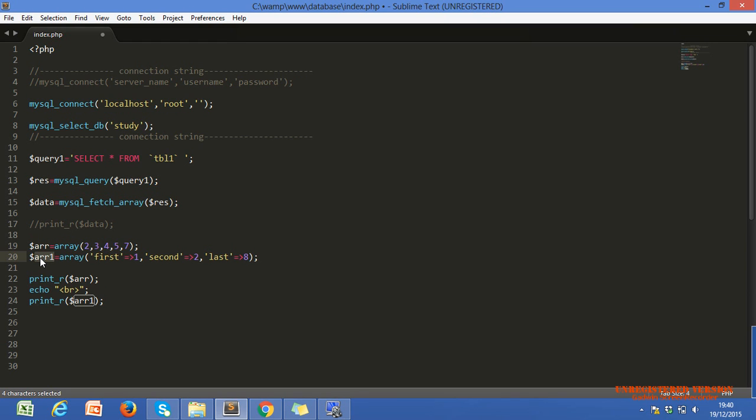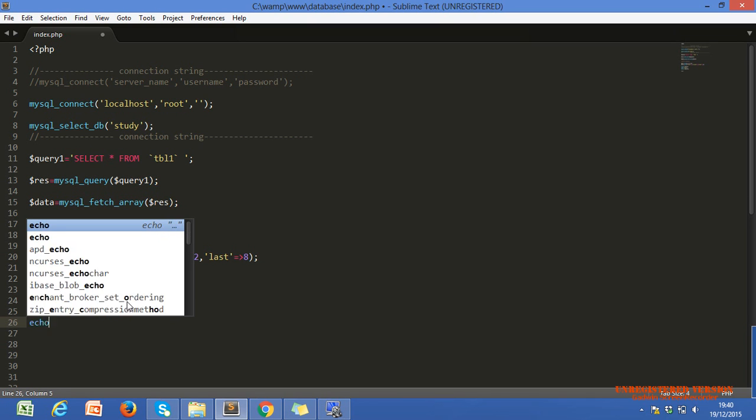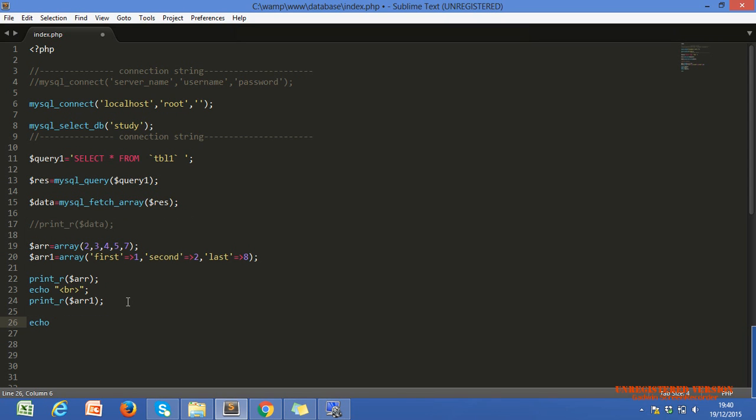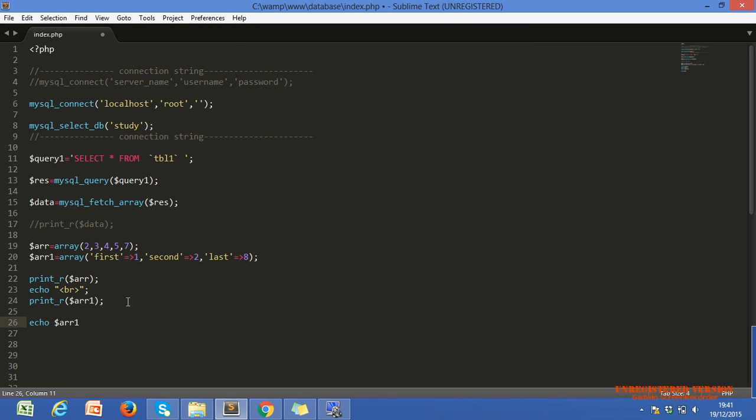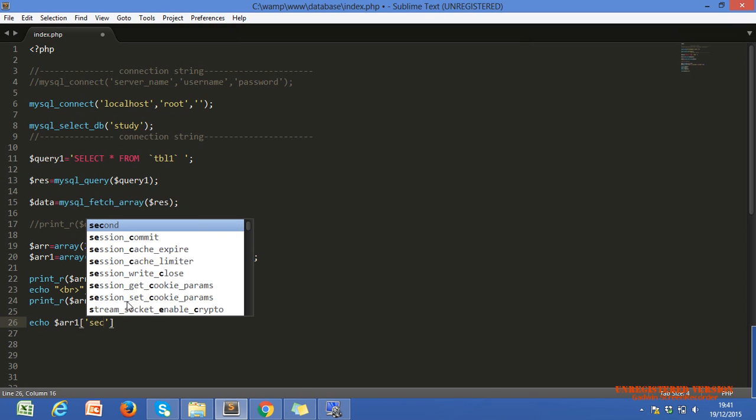Now, how do we do that? Let's see. Echo, we can print with echo also if we want to print only a single value. $arr1, our associative array type, within single quotes, just write second. What is the second?